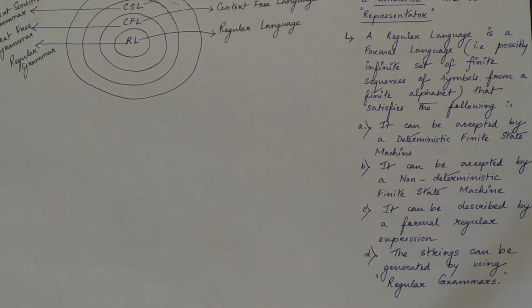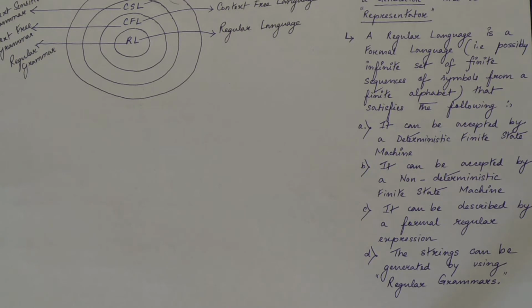Clear? It is also already mentioned that it can be accepted by a non-deterministic finite state machine also. That's why I told you DFA, NFA, epsilon NFA, then Mealy and Moore machines as well. Now, this is all about the acceptor part. Now, if I talk about the